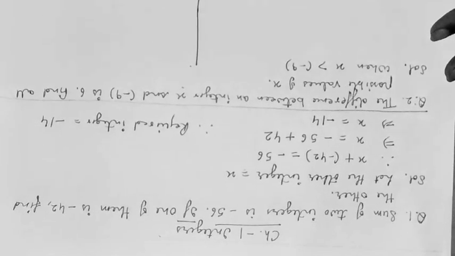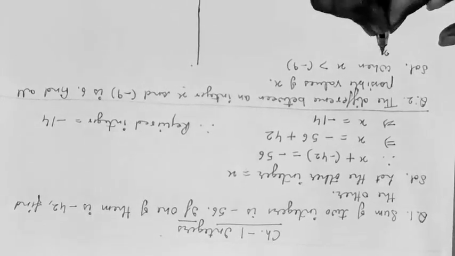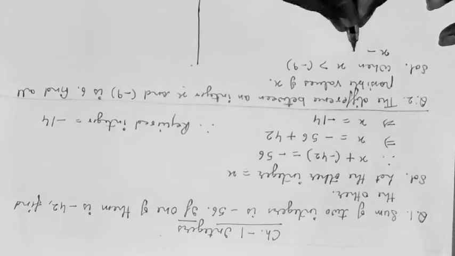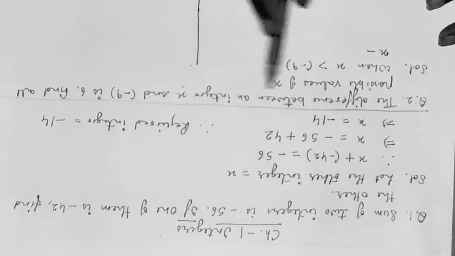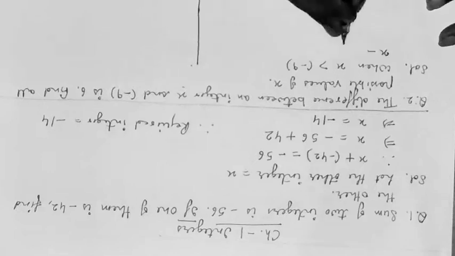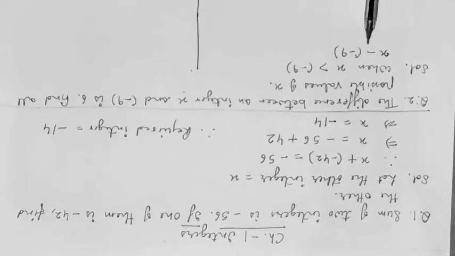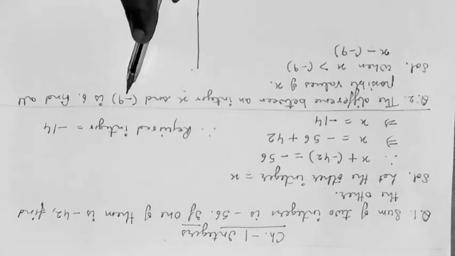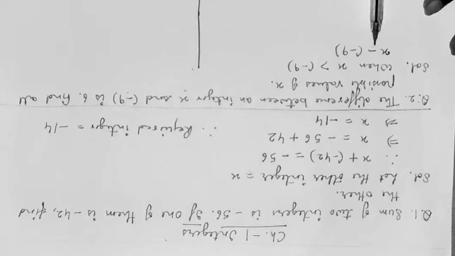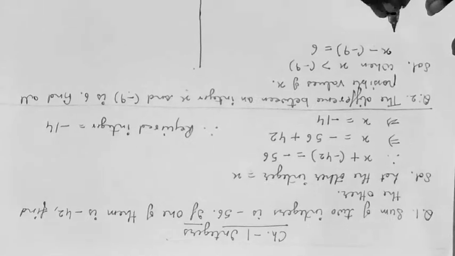So finding the difference, we have to subtract the numbers. X is greater, so what will I do? I will subtract 9. This is the sign of subtraction because we are finding the difference. The number already is negative, so I will put the other minus sign inside the bracket. This minus sign is for finding the difference, and this minus sign is of the integer. So x minus -9, and the difference is given as 6. So this is equal to 6.